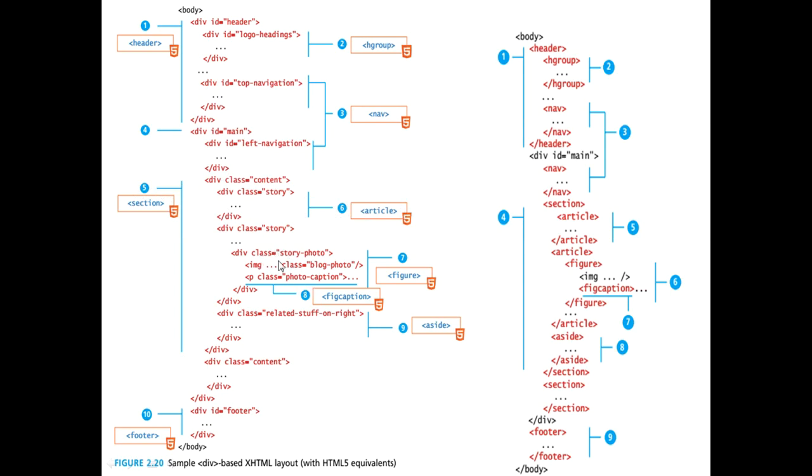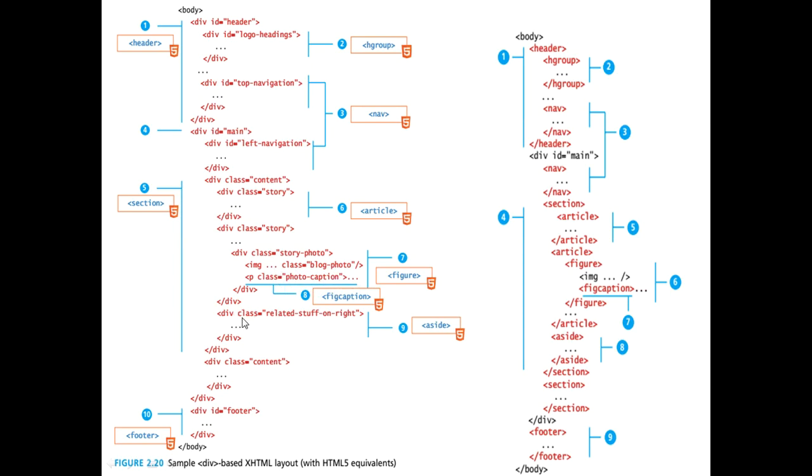After that, to represent an image, again you are having one division, like a story page. So to represent this division, we are having a figure tag. And to write a caption, you are having a paragraph. This representation of a caption, the figure caption tag, is used for the representation of the figure caption or a photo caption.